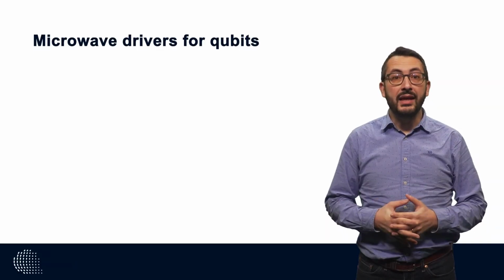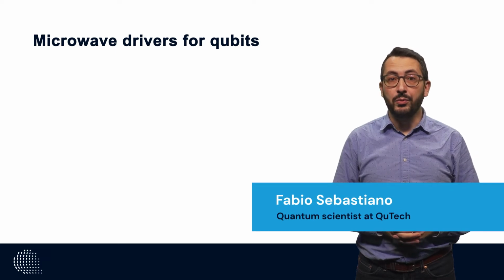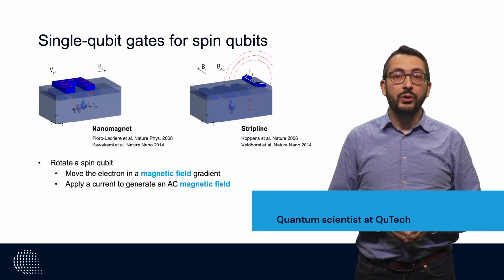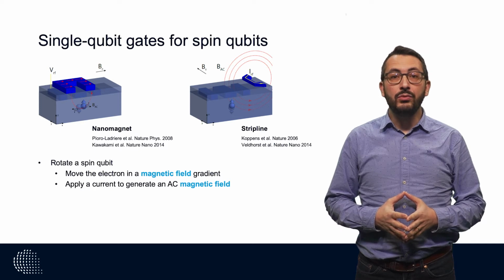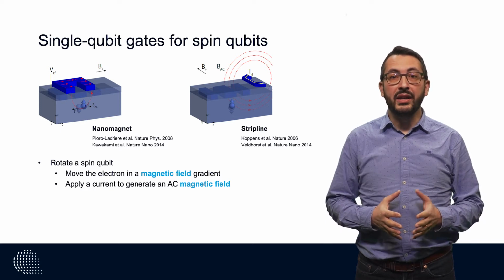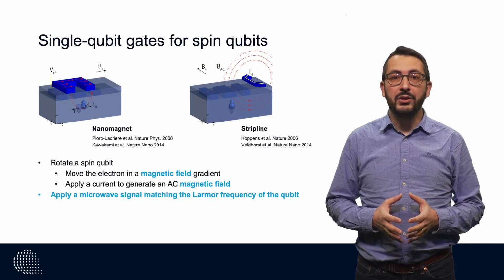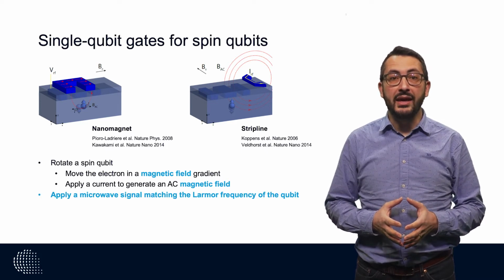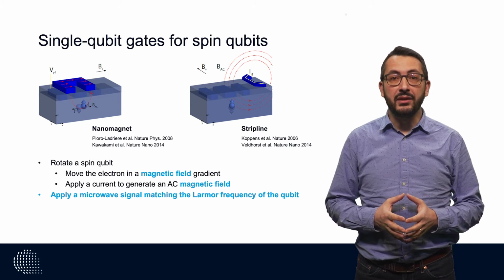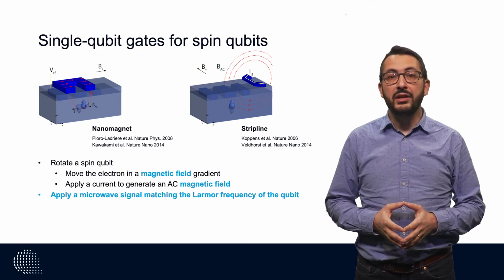How do we physically apply a single qubit gate on a spin qubit? Well, to rotate a spin qubit, we can either move the electron very fast into magnetic field gradients, or we can apply current to generate an AC magnetic field which will interact with the spin of the electron. In both cases, what we need to apply electrically is a microwave signal at a frequency matching the Larmor frequency